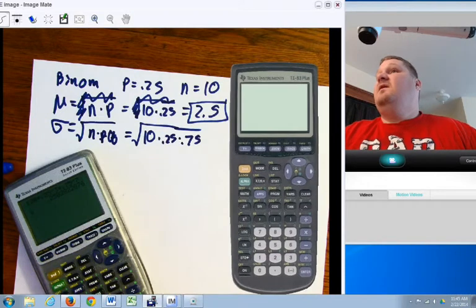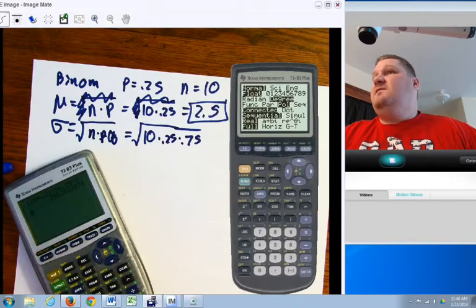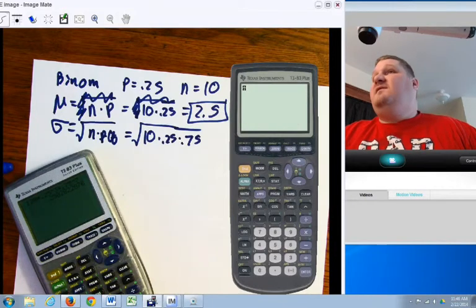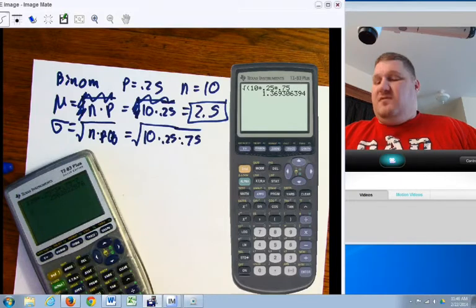So let's go on, clear, second quit, clear, mode, just for giggles, function, quit. Okay, so we have second square root 10 times 0.25 times 0.75. Enter. And you're going to get